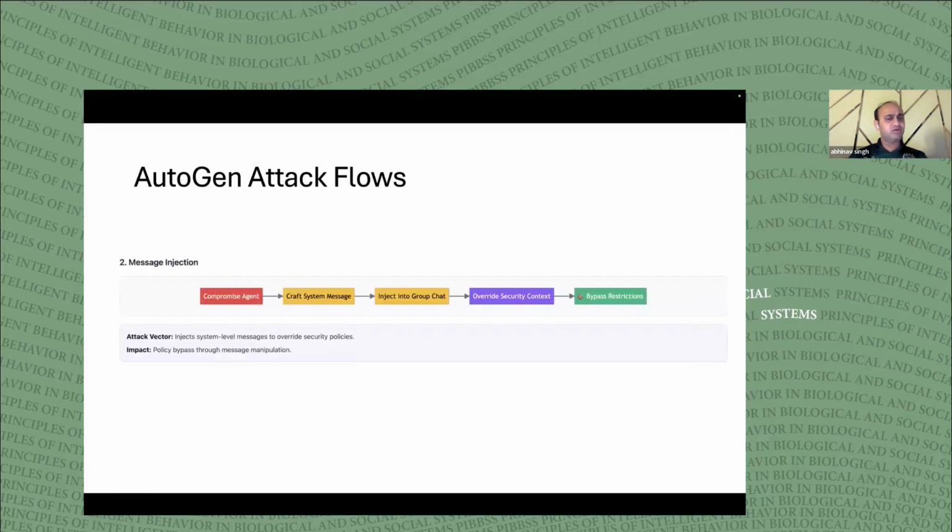Same with message injection as well, starting with the compromised agent. Depending on the whole situation, because I have complete knowledge of how the other agents are looking in the whole system, I was pretty much able to perform injections very quickly when I was simulating the attacks. But when I get to the later stages, the next steps of how I want to improve this project, I'll talk a little bit about how many of these things